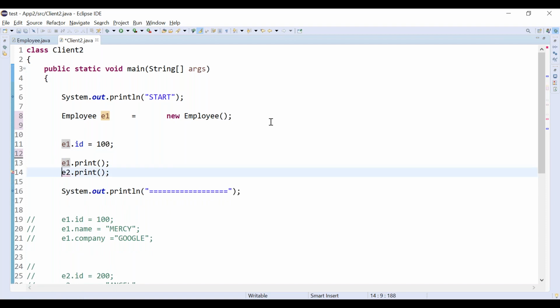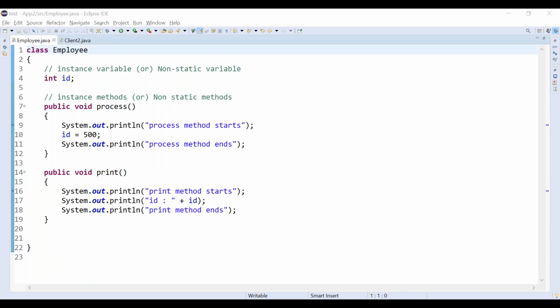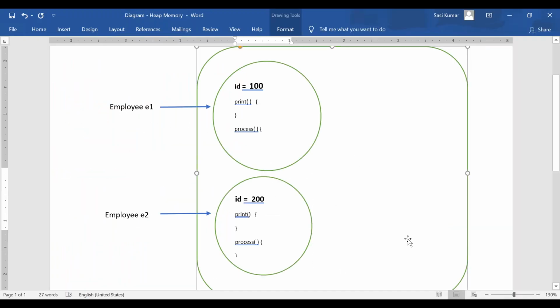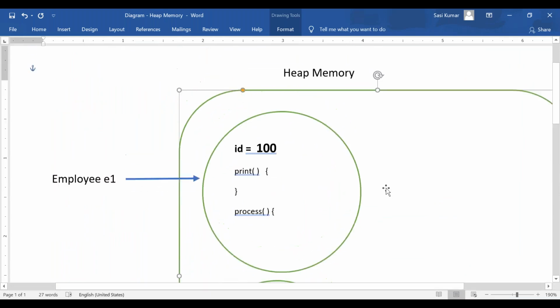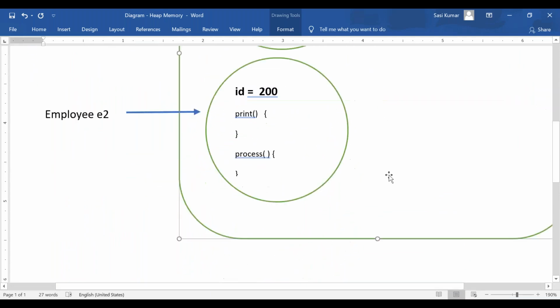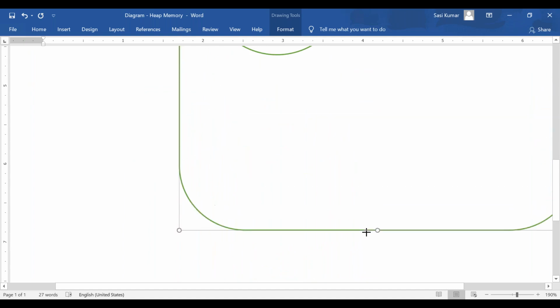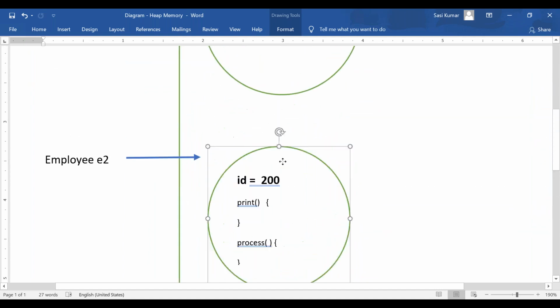Consider I am having only one object. Who is pointing? Employee E1 is pointing, right?